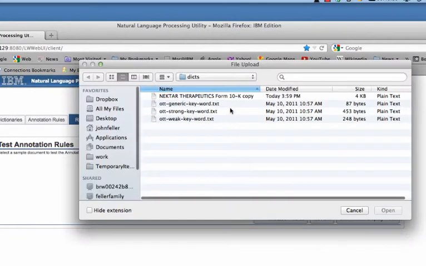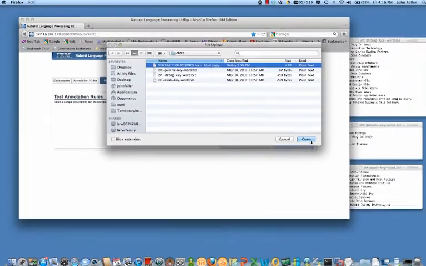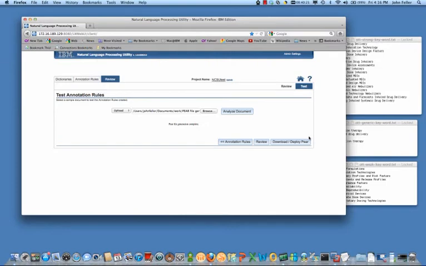Now what I have here is a copy of a 10K form from the SEC for a drug company to use as an example. All I have to do is click Analyze Document,